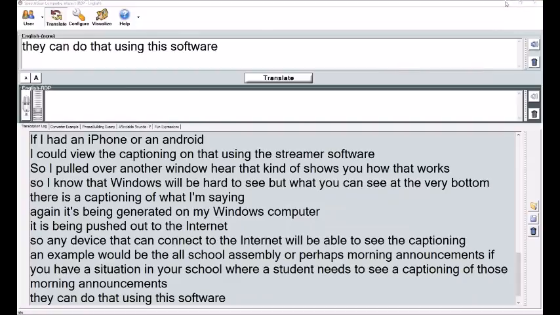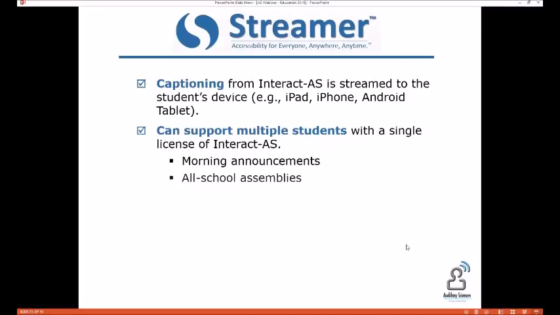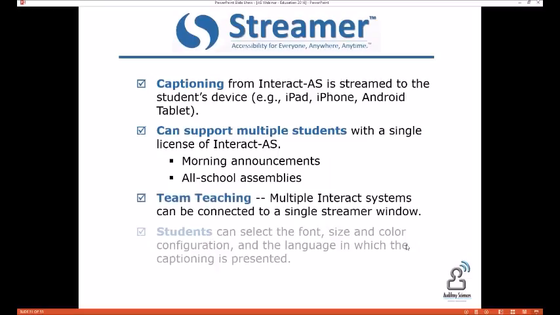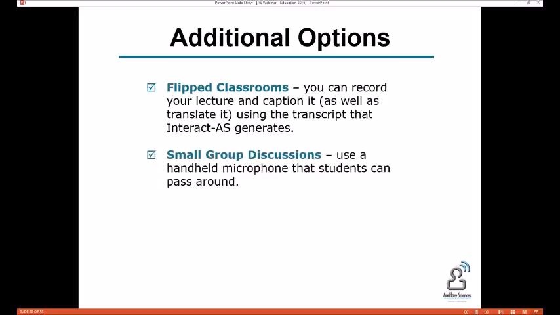All right, I'm going to turn that off again and head back over to the slides. Again, very powerful in terms of being able to really broaden out captioning in various situations. Additional options: we're getting more and more requests for flipped classrooms, where the students are watching a video at home and then coming to school to do the homework. If you're in that type of scenario, you can use this software to generate captioning of those pre-recorded or live